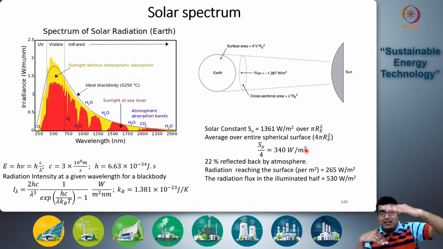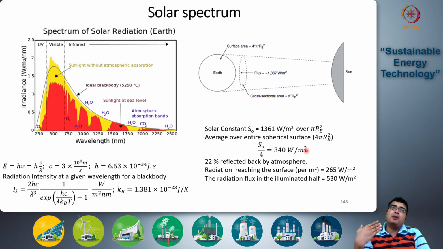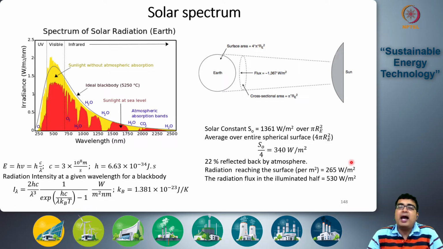As it is passing through the atmosphere, a part of it is getting reflected back into space by dust particles, by clouds, etc. And that is around 22%. So the radiation reaching the surface is 88% of 340 watt per meter square, which is 265 watt per meter square. And this is of course over the entire Earth, which includes the day side and the night